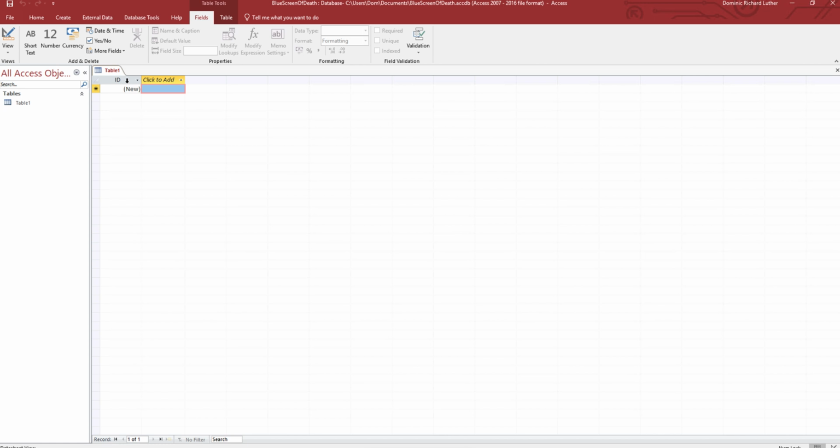So here, each column is a field. So we have ID. We can rename it because we decided we want fan ID. Okay, next we want, this is the data type, so short text, and we'll go with first name. Okay, and then another one that's short text, surname, another one,